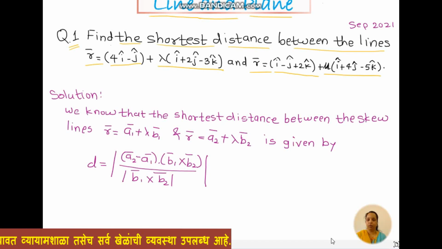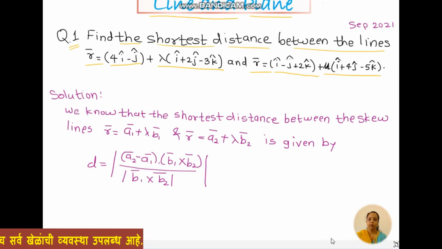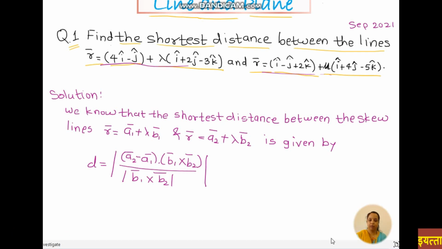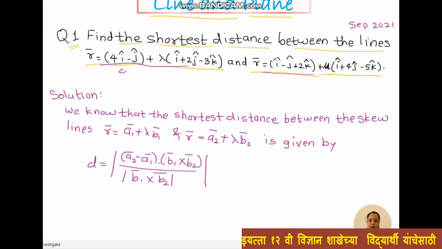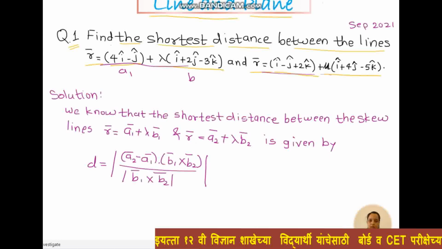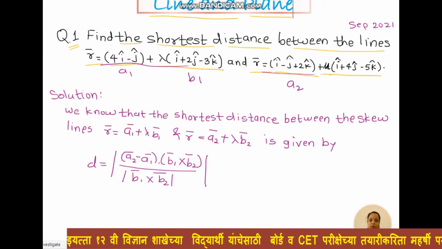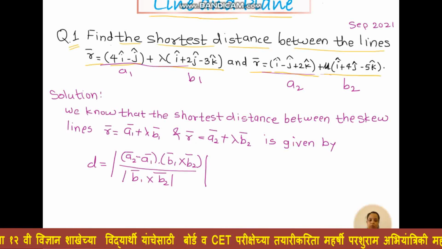This is required formula. Now we compare these given equations of lines with standard equations. So we get values of a1, b1, a2, b2. This is a1, this is b1, this is a2, this is b2. Therefore,